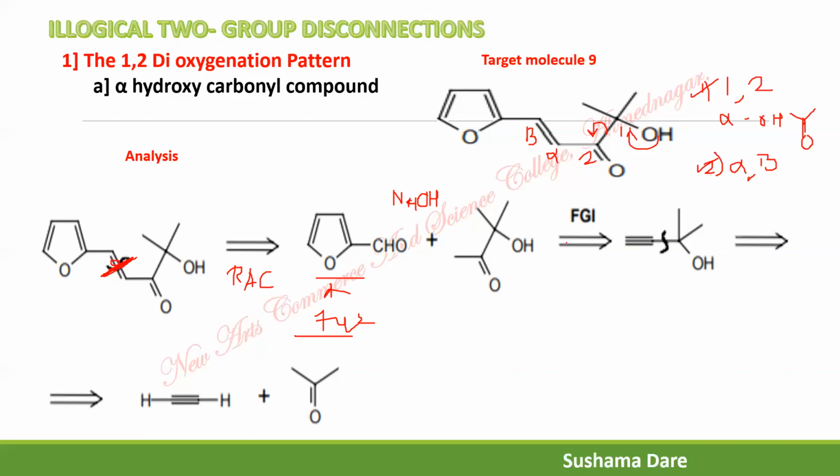So what we have to do now? This CH3CO group, instead of this group, now the FGI is written over here. So instead of this group, that is a triple bond, and then the remaining part as it is, and then disconnect this bond in the direction of this, starting from this, convert here to a double bond. So at the end, you'll get acetylene plus acetone.